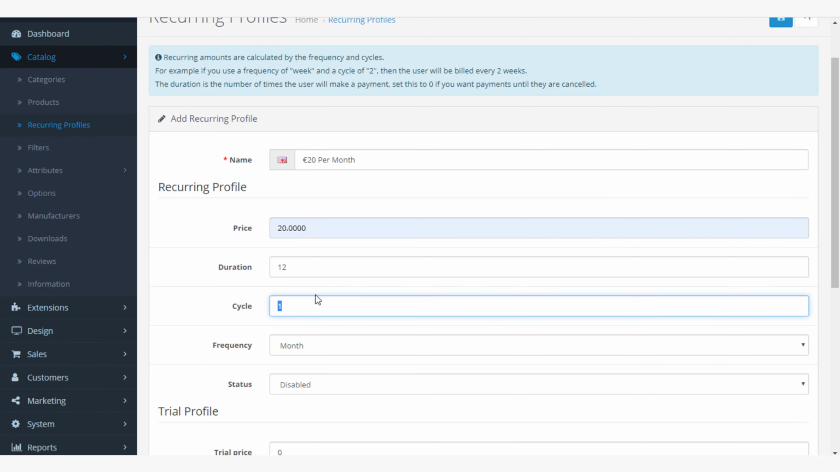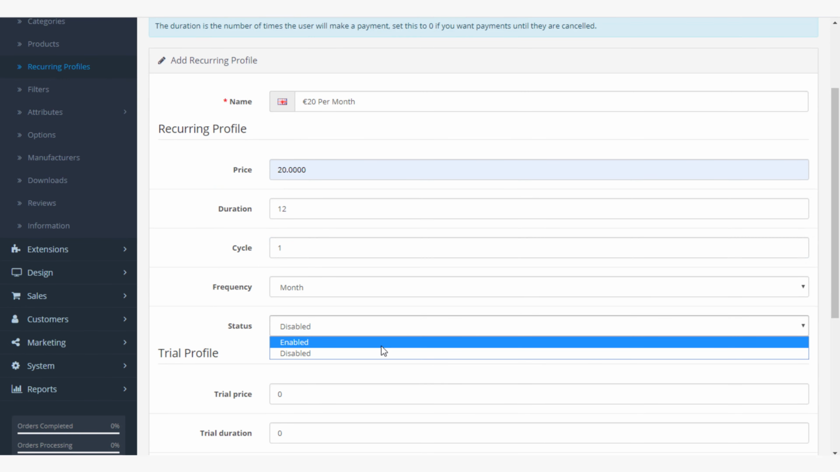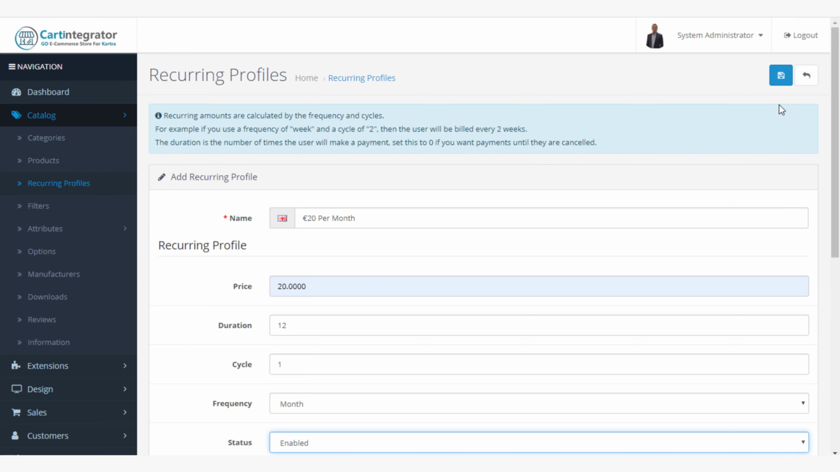Now, if we were to set the cycle to be 2, for example, it would mean that the customer would be billed €20 every 2 months for a period of 12 months. So we want to be very careful when we define this. When we set this to enabled and we then save it, the next thing we want to do is assign